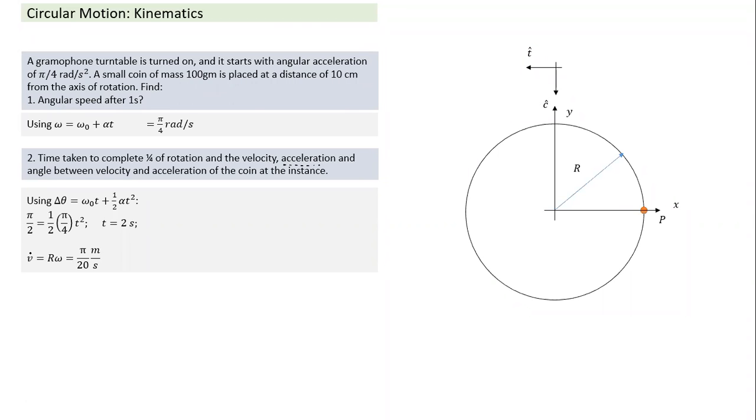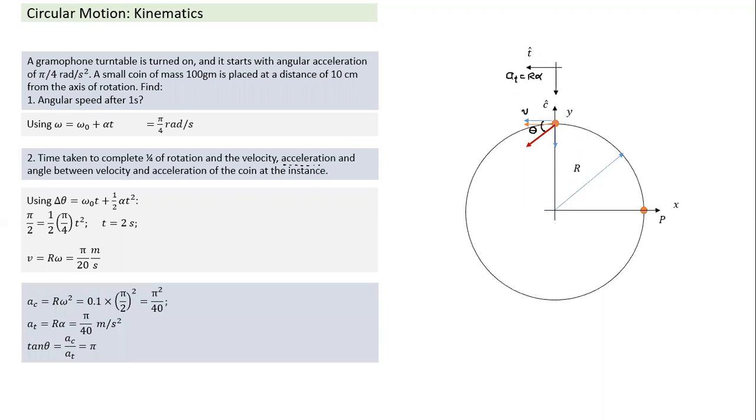And how do we find the tangential component of acceleration? What is the tangential component equal to? At is equal to r alpha. So we can find both components. It will have a centripetal component and a tangential component, and we can find the resultant. This is the direction of velocity. So once we find the resultant, we can find the angle between acceleration and velocity as well. That is how we understand the complete motion at different points of time.